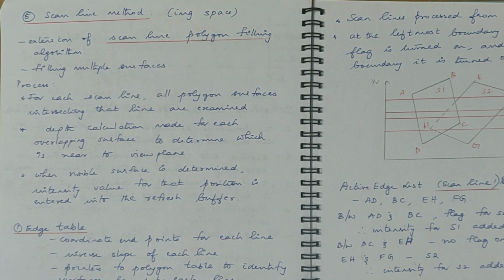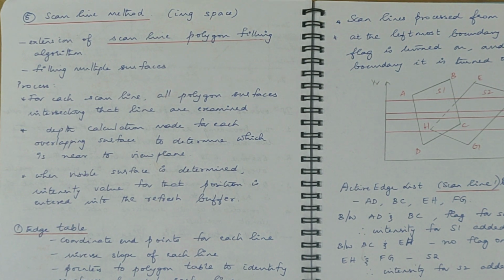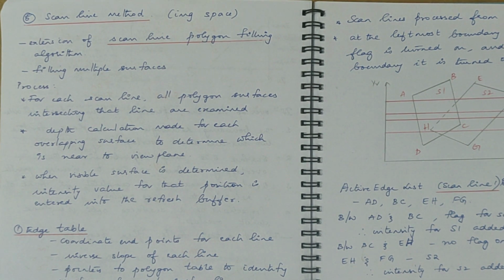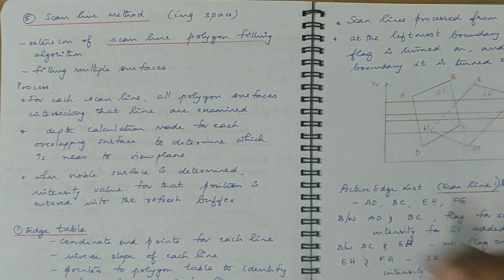The topic that we are going to deal with today is from Module 6 and it is one of the visible surface detection methods. So we have already seen what is visible surface detection method and 4 other methods we have already covered in previous lectures. So this is the 5th method that we are dealing in this module, and the method is called the scanline method, which is to detect the visible surface or to hide, eliminate the hidden surface. Okay, so this is one of the image space methods.